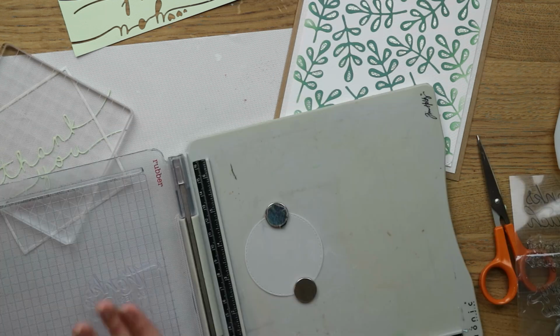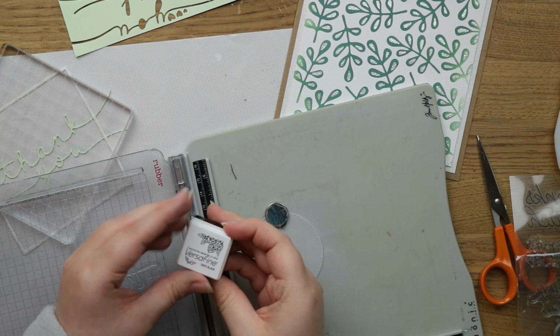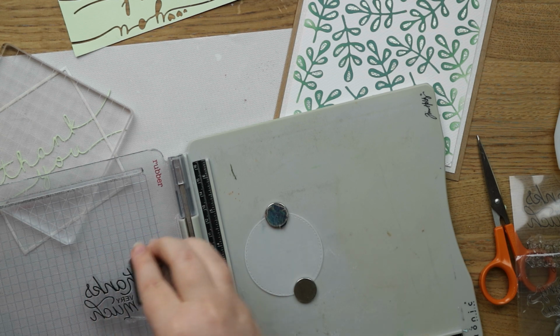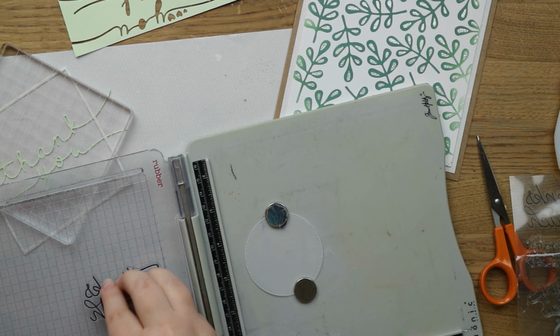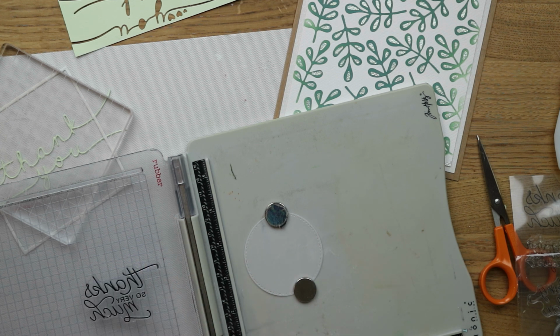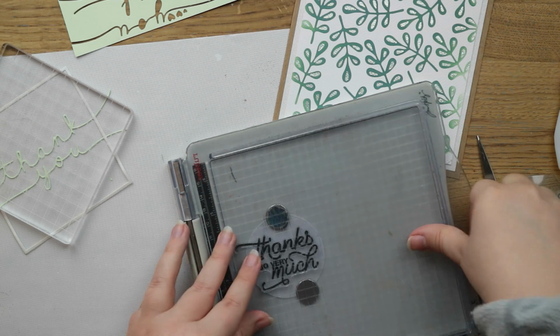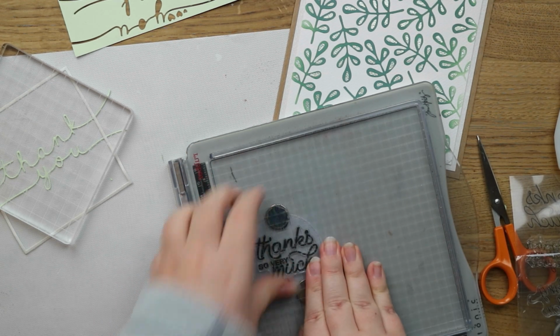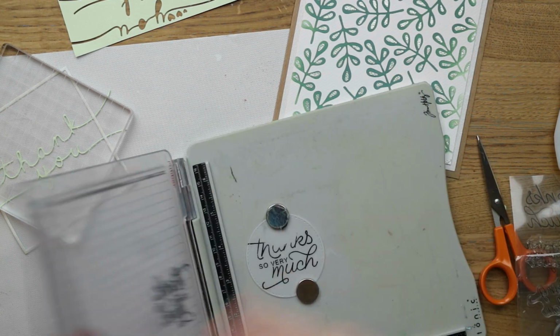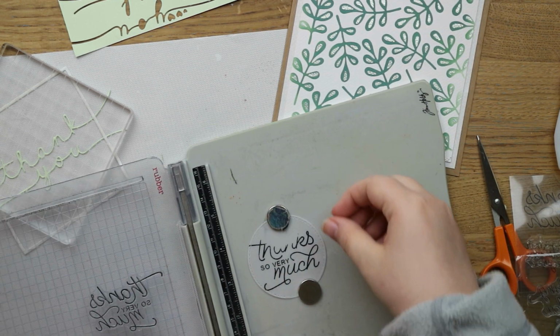And now we're going to stamp the thanks so much on top with VersaFine. If I did this again, I would probably just go and heat emboss it instead, because the ink did bleed a little bit onto my vellum. You could also try using Stays On ink, which is made for non-porous surfaces, which I do have, but I just wanted to use the VersaFine. I got to the point where I didn't want to do heat embossing, and it was just easier to get